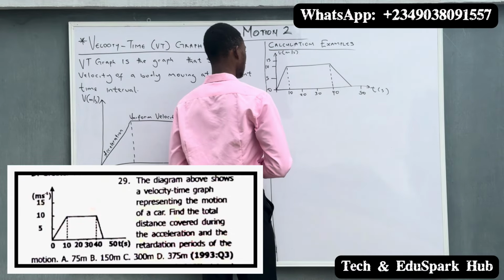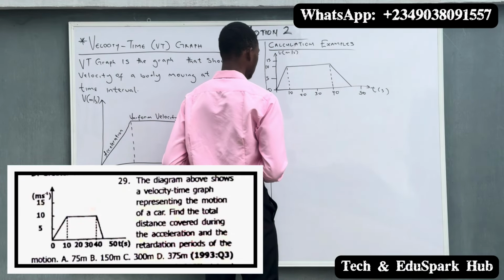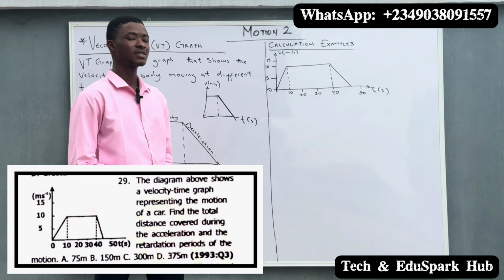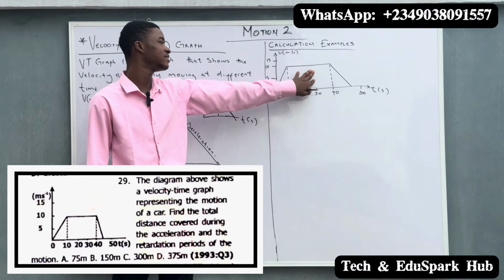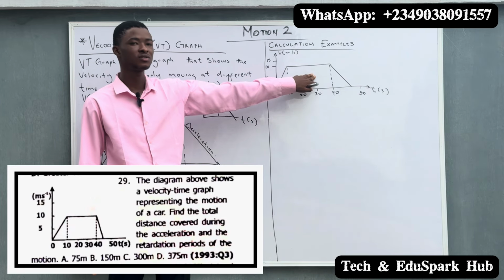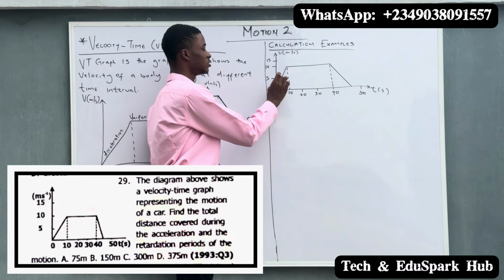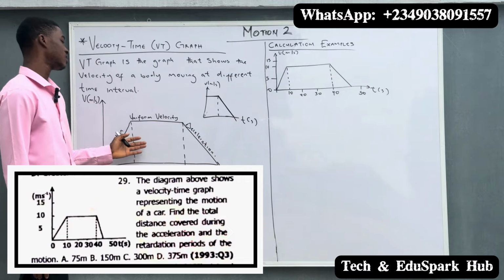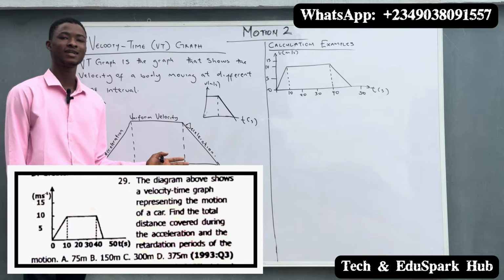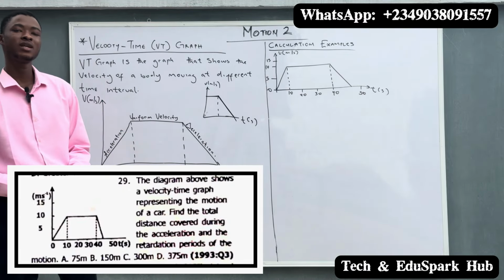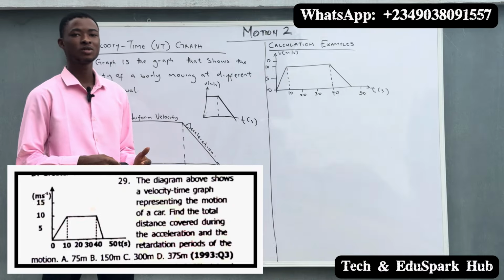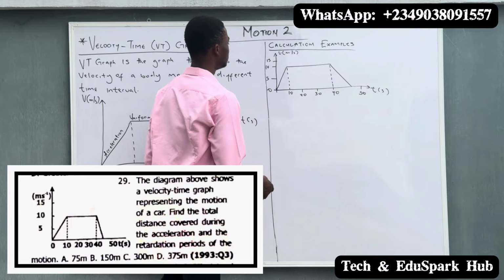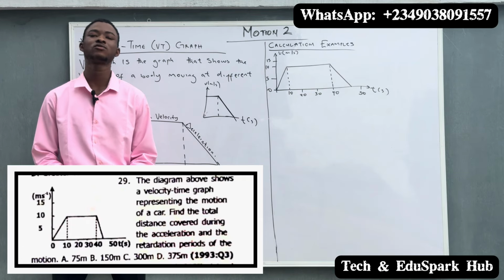In this case, this question is asking us to calculate the total distance covered during the period of acceleration and deceleration. So we are going to neglect this rectangle, which is the uniform velocity. We are only going to focus on this acceleration part and the deceleration part. That's why I drew this diagram, so you can know where the acceleration starts and where the deceleration starts, and also be aware of where there is uniform velocity, where the acceleration is 0. So in this case, we have to calculate this. And I said when you want to calculate the total distance covered, you have to divide it into